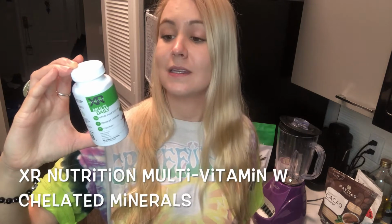Here is what this looks like. It has calcium, iron, phosphorus, iodine, magnesium, selenium, copper, manganese, chromium, beetroot, alfalfa leaf, brewer's yeast, orange fiber, barley grass, stinging nettle. I love stinging nettle. I like stinging nettle because